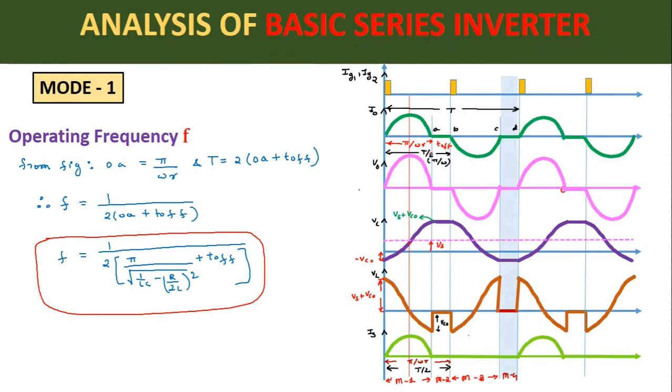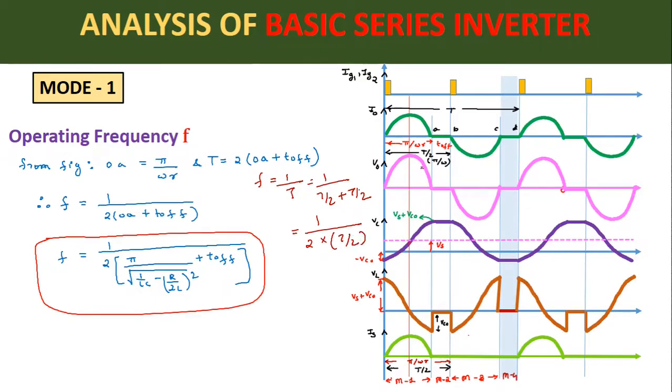Now if we look at this figure, you can see from 0 to this B point, what is the total time period? It is equal to T by 2. From B to D point, it is again T by 2, that means the total time period will be equal to T. So frequency will be equal to 1 upon the total time period T. Now this total time period can be written as 1 upon T by 2 plus T by 2. So this will be equal to 1 upon 2 into T by 2.